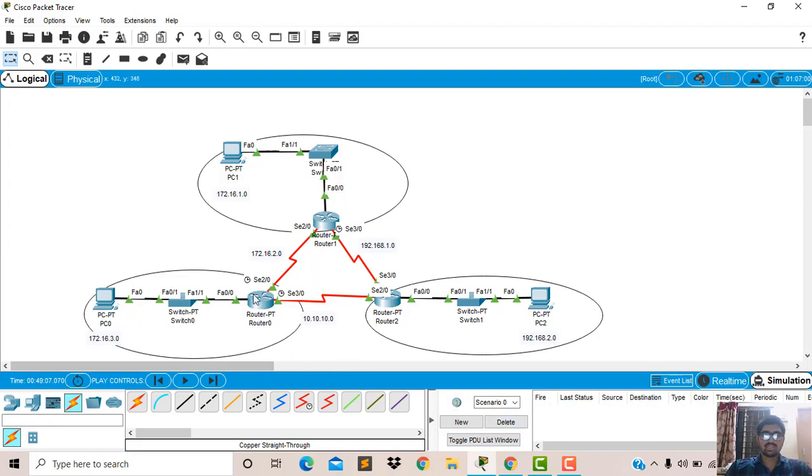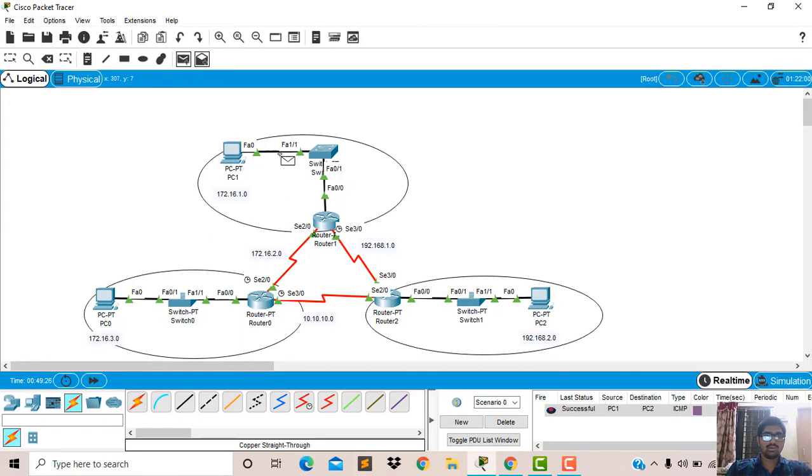PC2 is successful because it is going by this way. Now we will ping and check from PC1 to PC2. From PC1 to PC2 is successful.